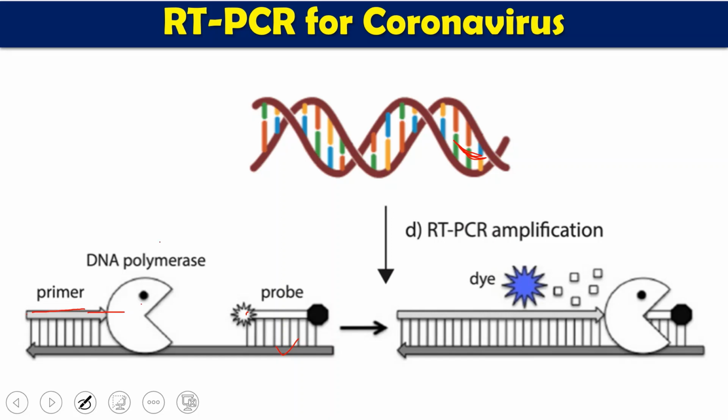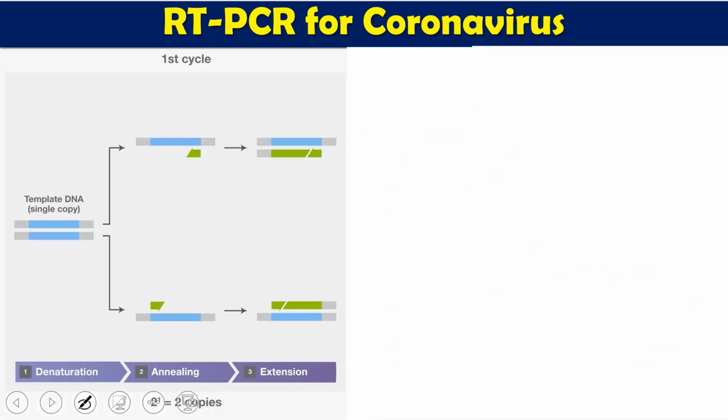This chain elongation is done through DNA polymerase. As soon as the chain is elongated, slowly this DNA polymerase is going to degrade the probe, and when the probe is degraded, as you can see here, it is going to give you fluorescence, and that fluorescence will be detected. This means that as much double-stranded DNA is formed, that many probes will be degraded, and correspondingly you will get the fluorescence. So the fluorescence is directly proportional to the DNA formation or DNA copying. This is the basic step of the PCR.